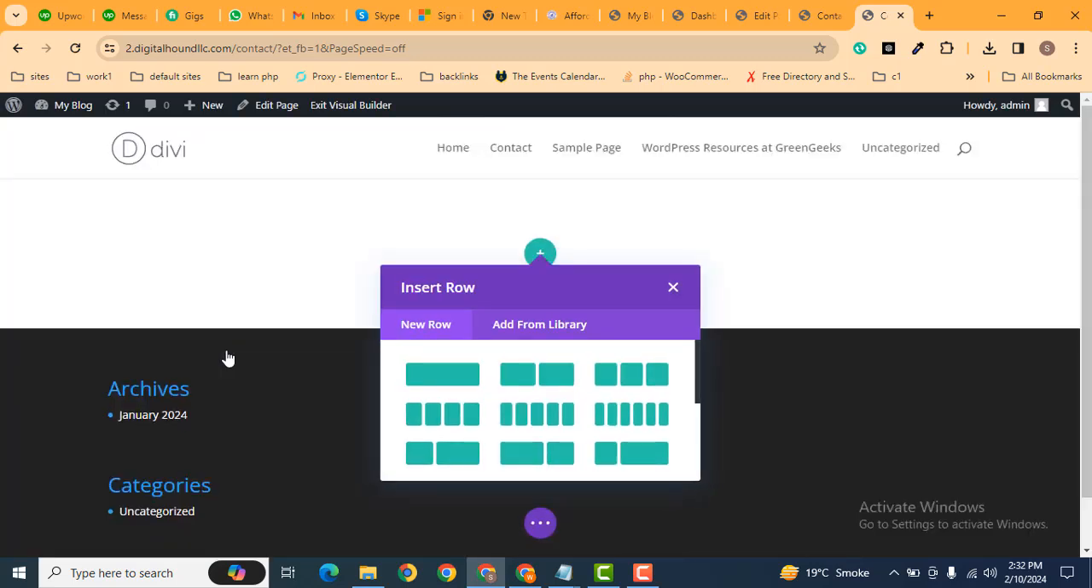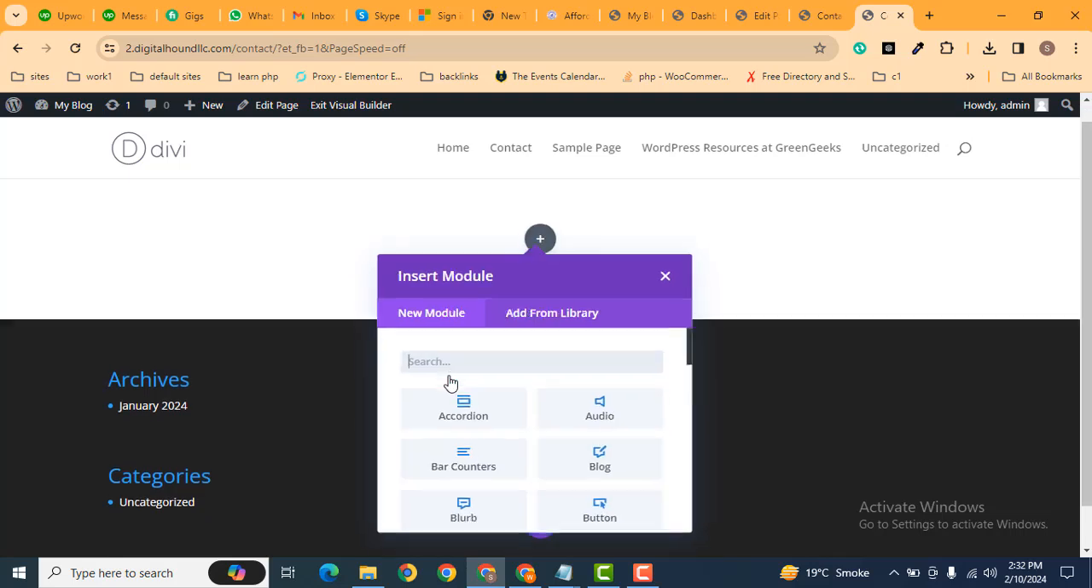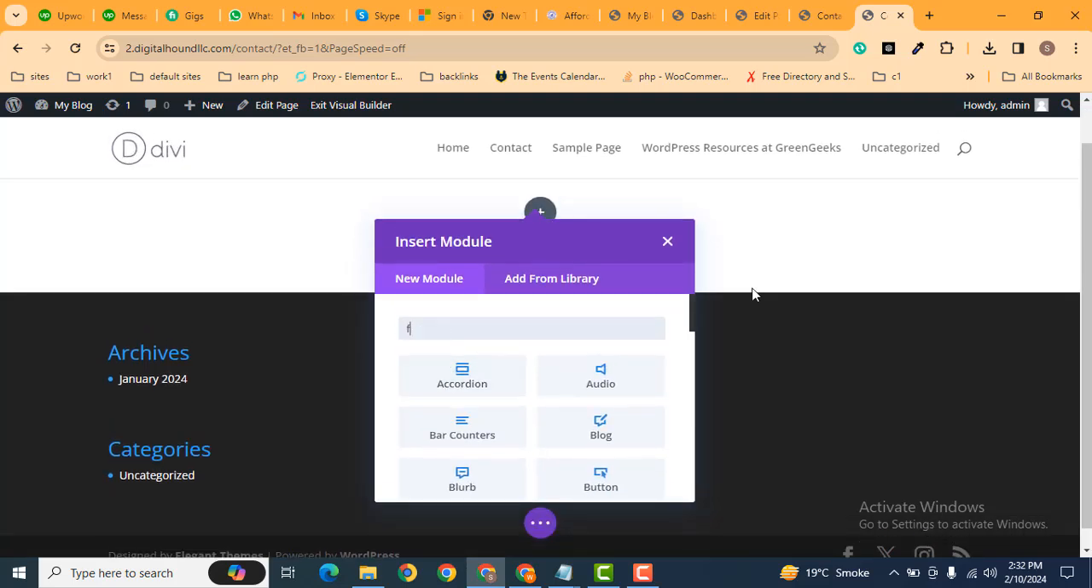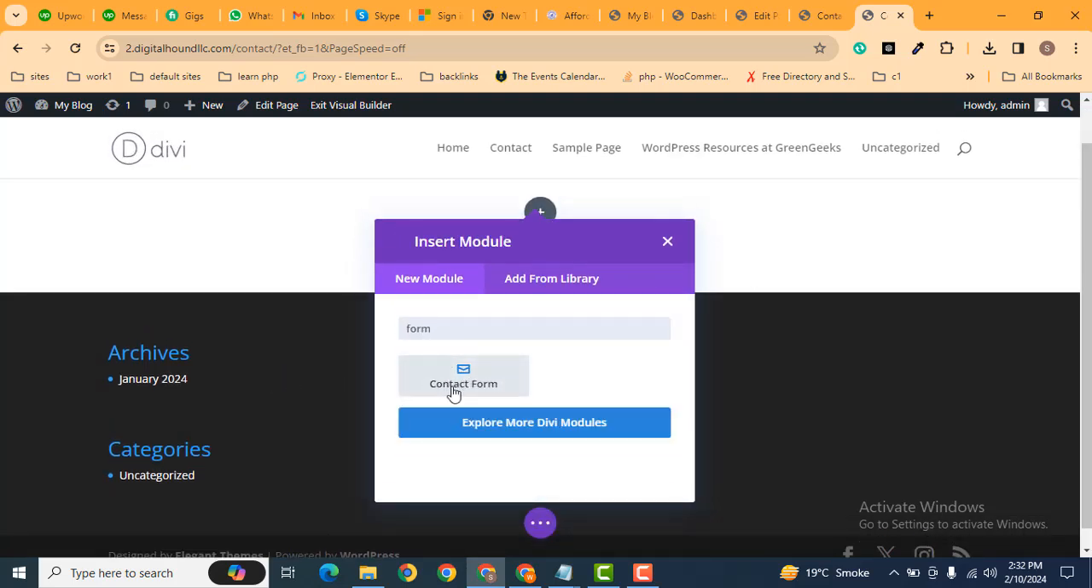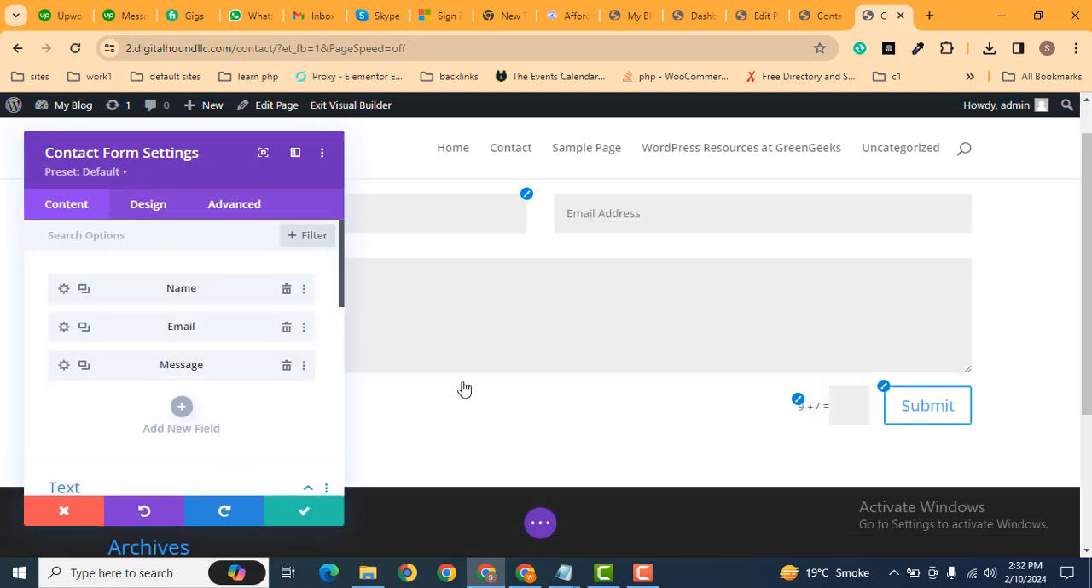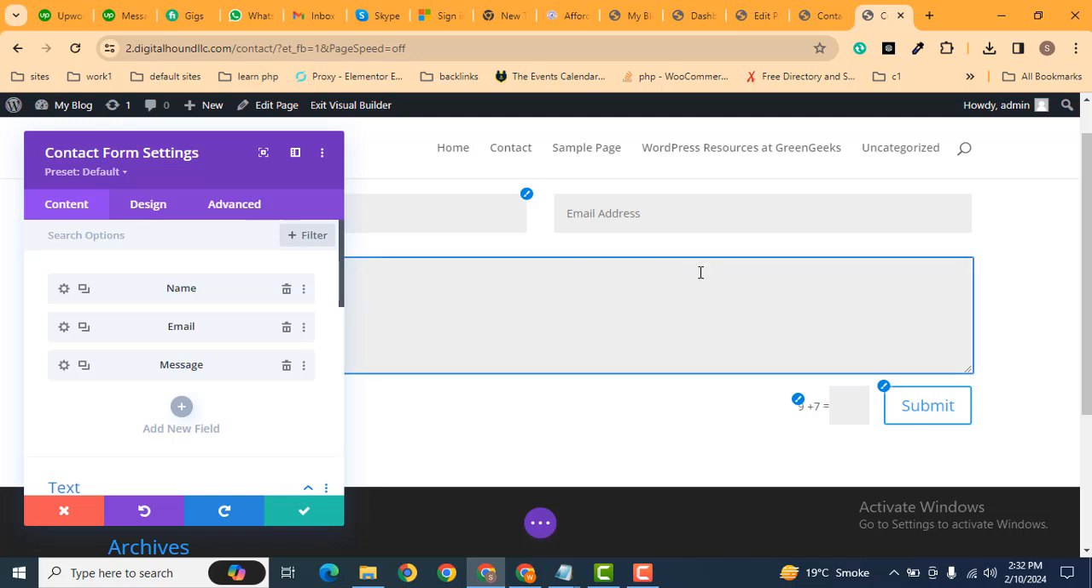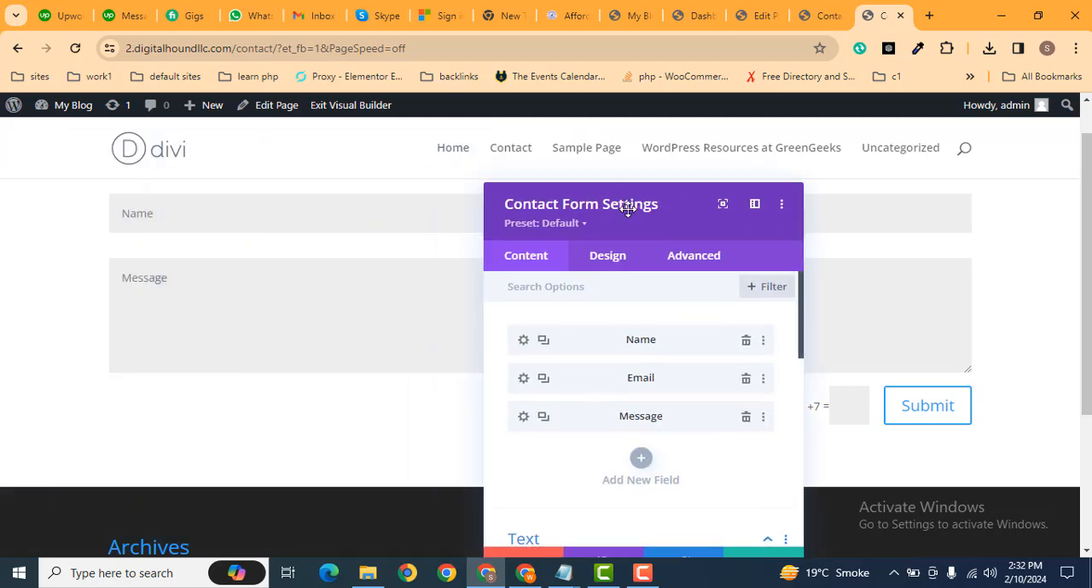So now we can add a one column or two column row, and here you can see these are various layouts and structures that we can use. So at this time I want to use one column. After that search for form. Here you can see this is the contact form module. Okay, now here you can see the form is added,